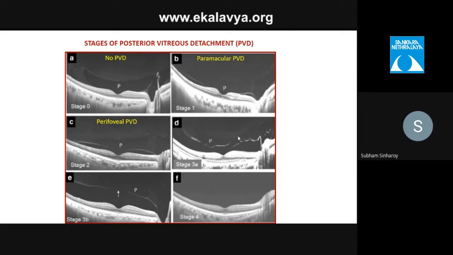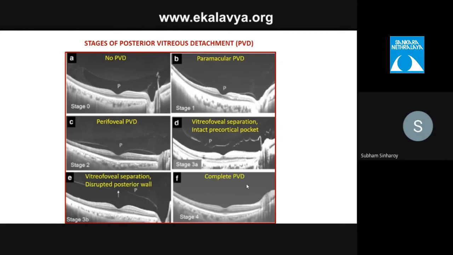They regard it as stage 3, but they further divide it into stage 3A and stage 3B, depending upon the intact precortical pocket. If you see the line underlying that, it is a fully intact line separated from the underlying retina. So vitreofoveal separation with the intact precortical line, they regard as stage 3A. And in stage 3B, everything is the same. The only thing is there is a breach in the continuity of the line in figure E. So vitreofoveal separation with a disrupted posterior wall, still with attachment to the optic nerve, they consider as stage 3B.